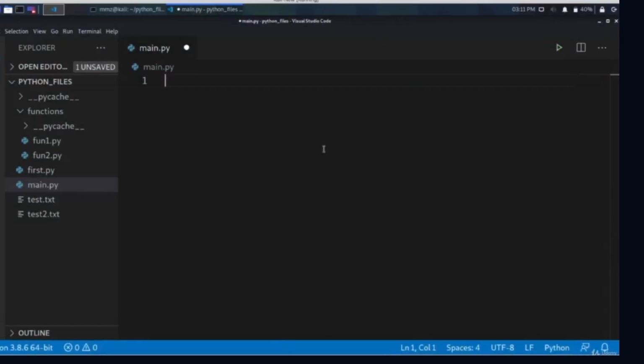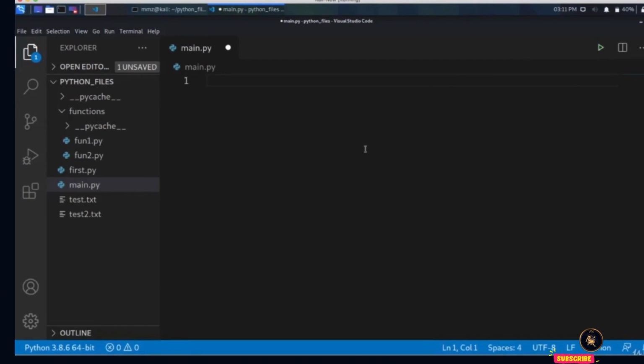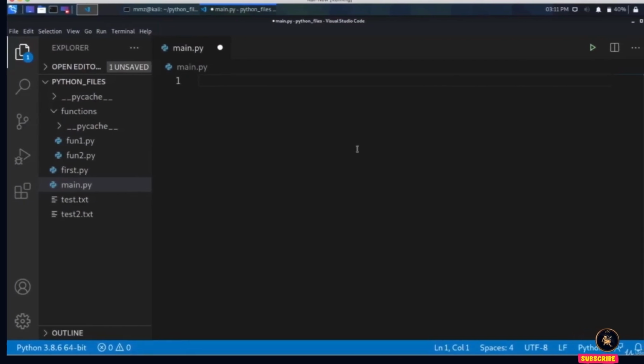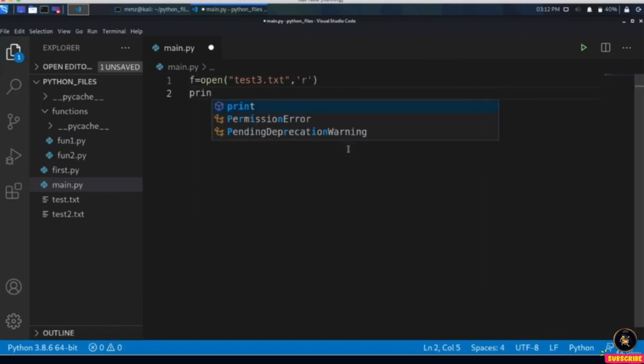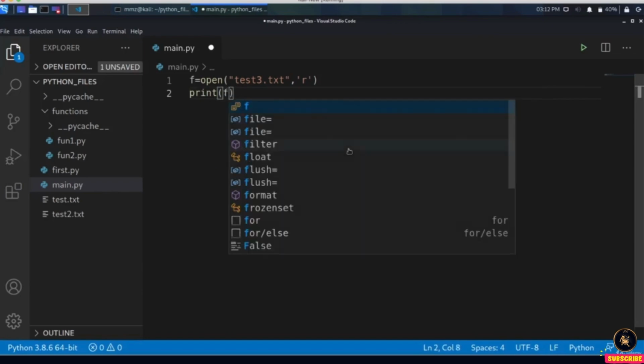All right, we already talked about how to open a file in Python for reading, for writing, appending, whatever. And we checked the modes that are available: read, write, read plus, appending, for binary, and so on. Now what if we want f equal open, and we want to open a file that does not actually exist, so test3 this time dot text, and we want to open it for read. It's a simple example, no worries, and I want to print the content of it as we learned previously, no big deal. So read,